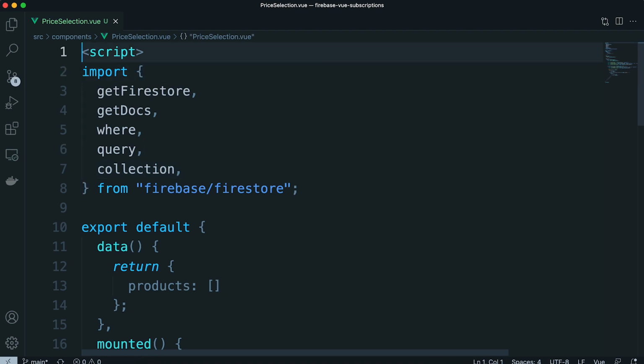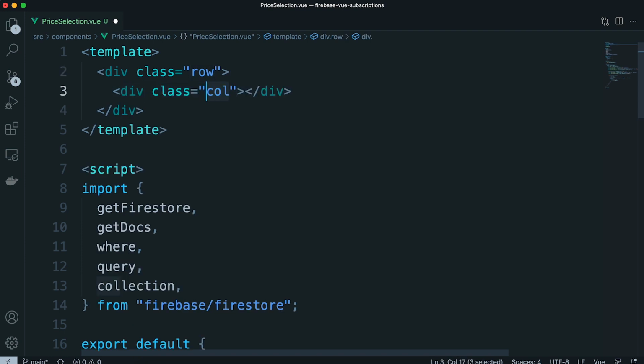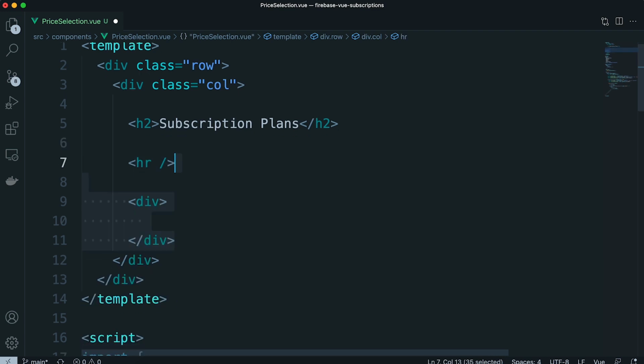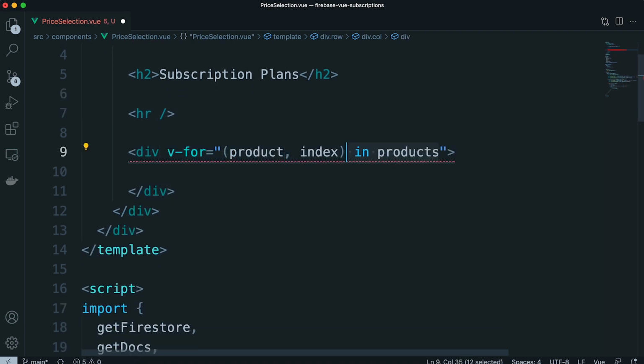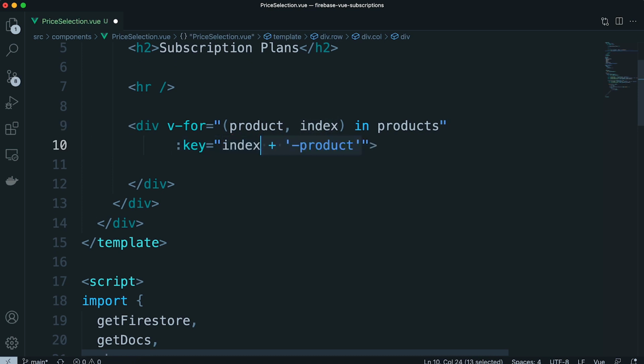We're gonna go ahead and create the HTML for this component. And for that, go ahead and add a template tag followed by a div with a class row, and then inside a div with a class column. Then I'm just gonna add a header two that says subscriptions plan and an HR below that, to then start a div that is gonna be a v-for looping through the products array that we created. As the key, I'm just gonna do index-product, and then inside this looping div, we're gonna add a header 3 with the name of the product, and